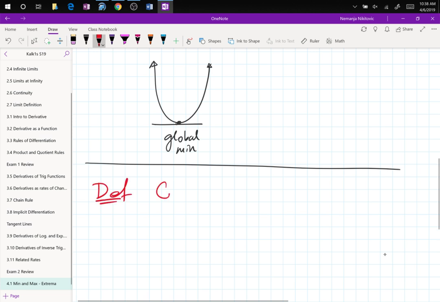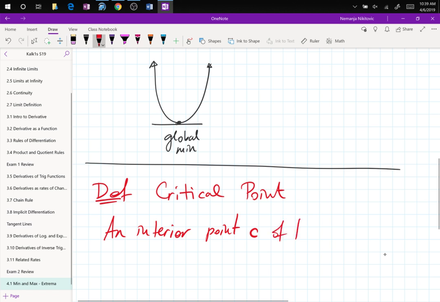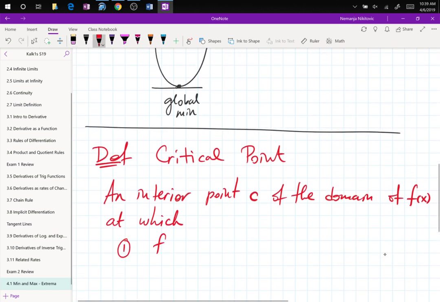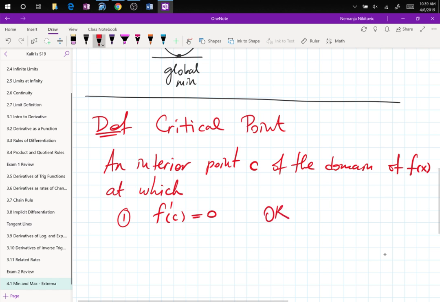So, definition of a critical point: an interior point c of the domain of function f of x at which, number one, the derivative at c is equal to 0, or number two, the derivative at that c does not exist,